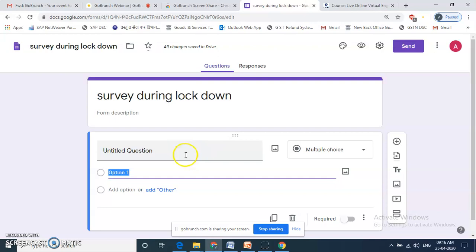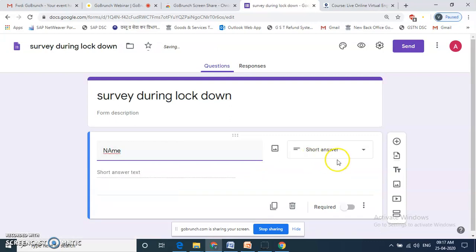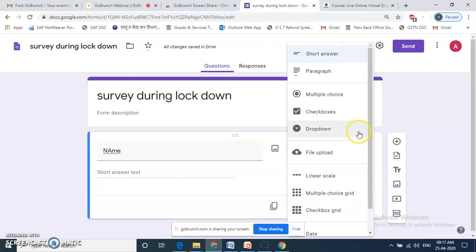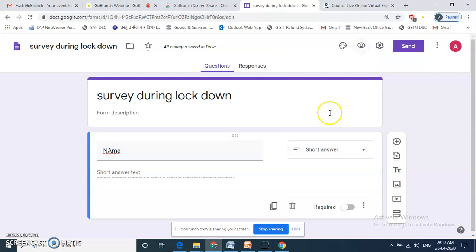For example, suppose my first question is name of the respondent. Since name will be a short answer, you will automatically get the type of question over here.